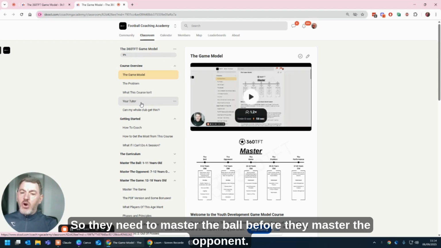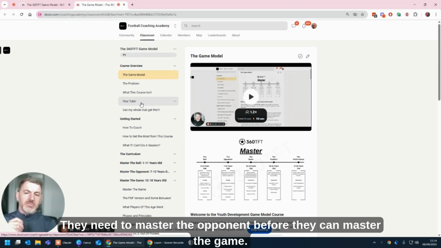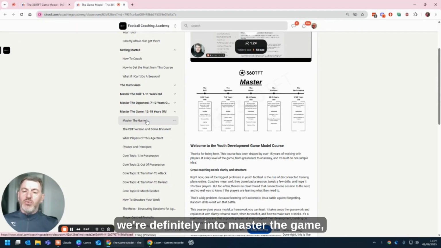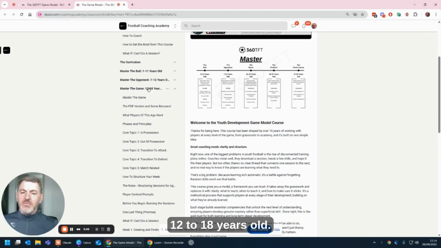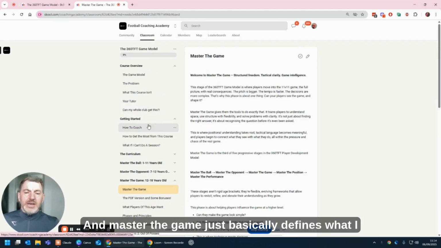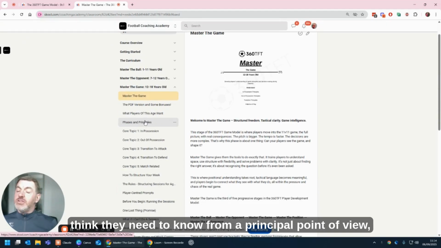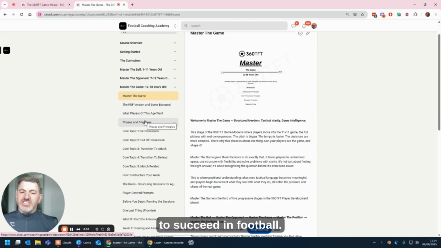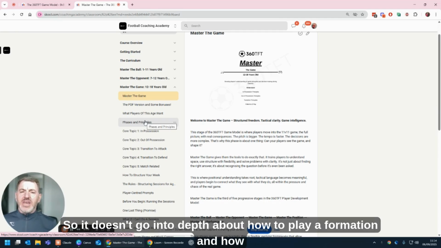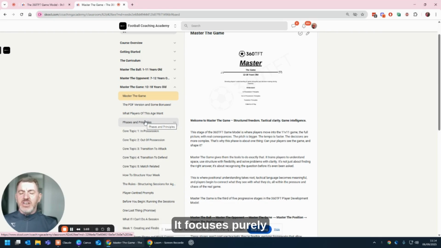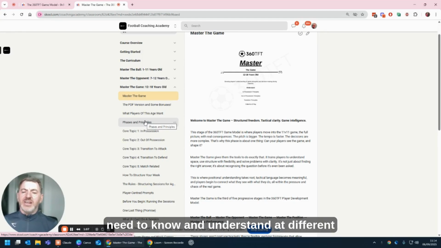So they need to master the ball before they master the opponent. They need to master the opponent before they can master the game. At the age group we're talking about, we're definitely into master the game, 12 to 18 years old. And master the game just basically defines what I think they need to know from a principle point of view to succeed in football. So it doesn't go into depth about how to play a formation and how to exploit the opposition's weaknesses. It focuses purely on what your players need to know and understand at different stages of their